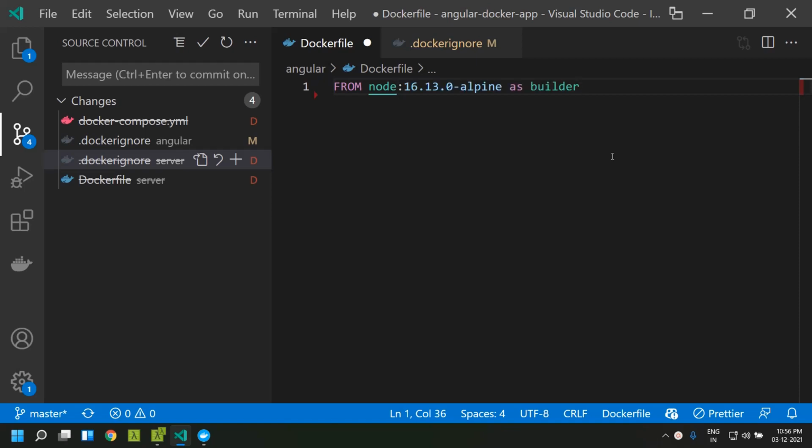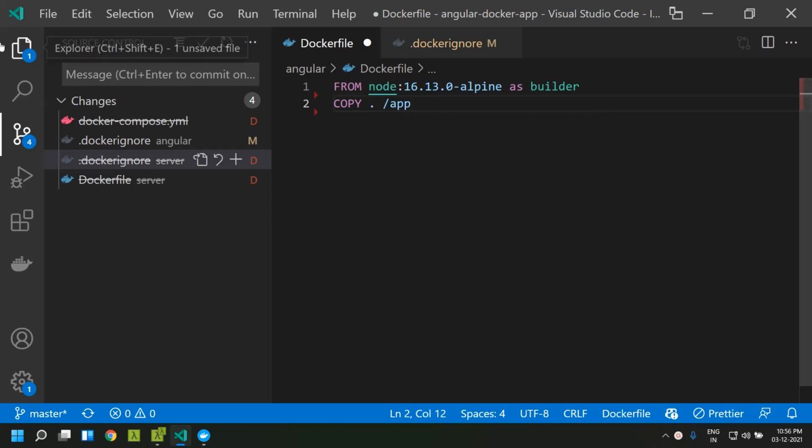I have given the node image version 16.13. This is the name of the image and this is the tag which represents some kind of version. And here I am using the Alpine version, which is a lightweight version. I am also giving an alias name as builder, which we will be using at a later part.